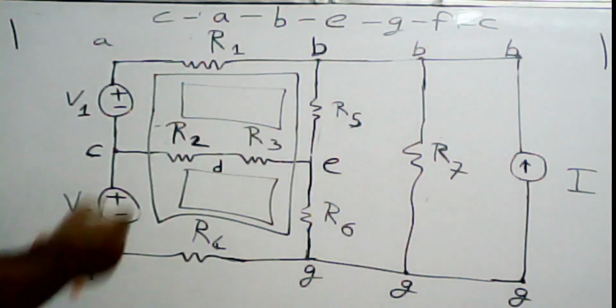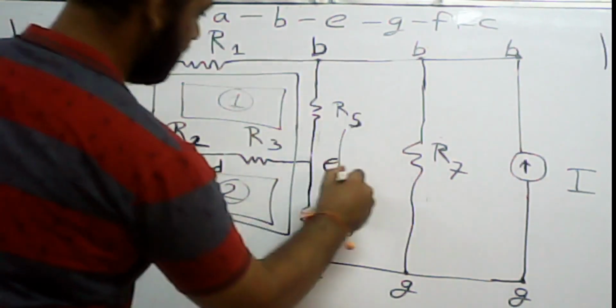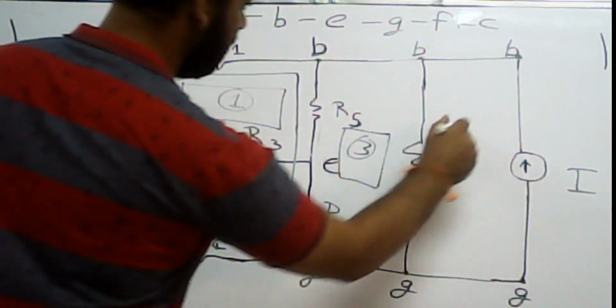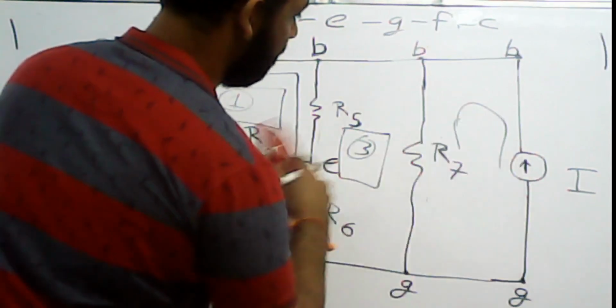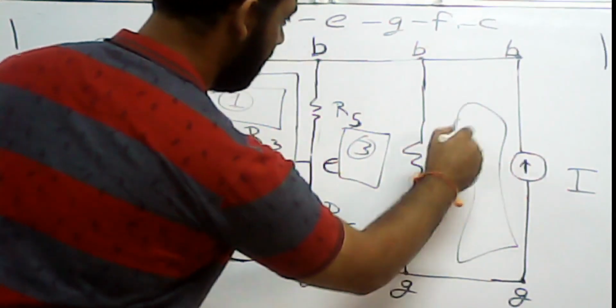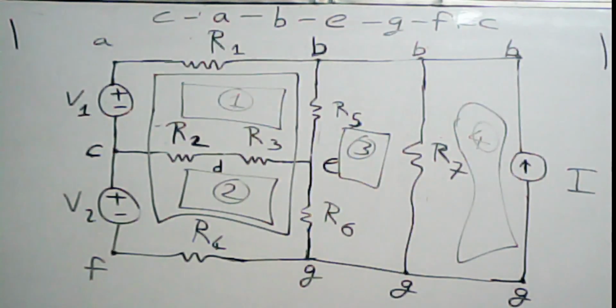These small loops, this one, one, two, then this one, and this complete path, I'm talking about this complete path from top to bottom. These are all meshes. They are also loops. Okay, so a mesh is the smallest loop. A mesh in a network is the smallest loop. That's it. Okay, so this was all about the understanding.